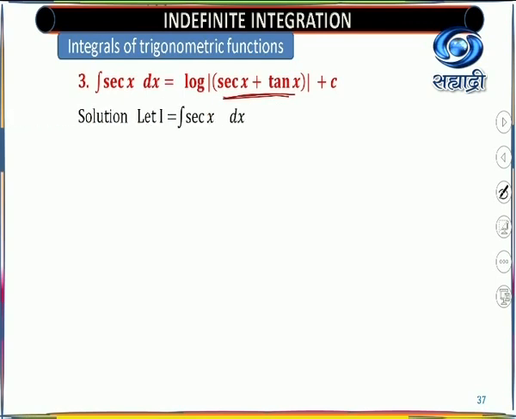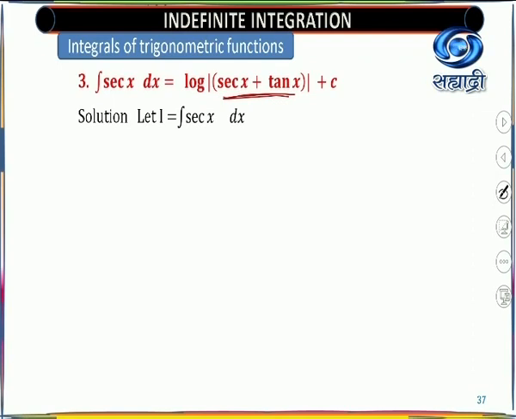Now the next function is nothing but sec x dx. Now what will be its answer? Here the answer will be this, or you are going to use it like a formula. We are deriving formulas for trigonometric functions using integration. So integration of sec x dx is equal to log of mod of sec x plus tan x. Here itself it gives you sec x plus tan x, that means you multiply and divide the function by sec x plus tan x, and immediately it will be in our standard form.